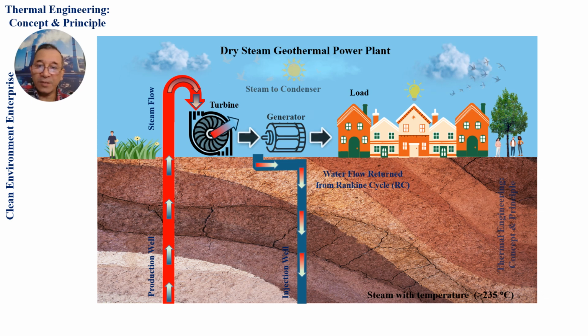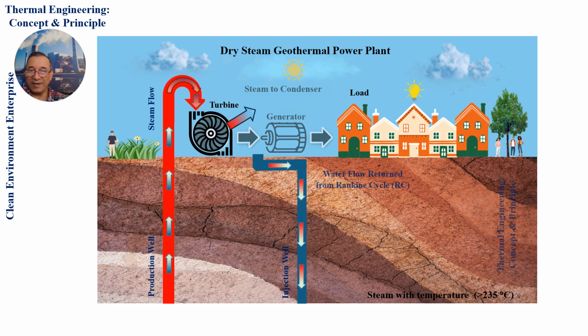We call this part the production well, where it provides steam, and then the steam passes through the turbine directly,